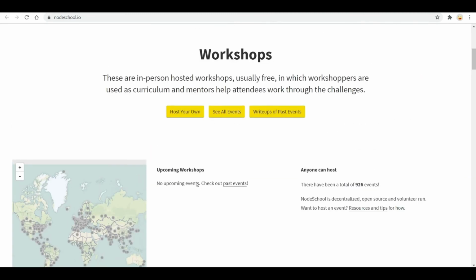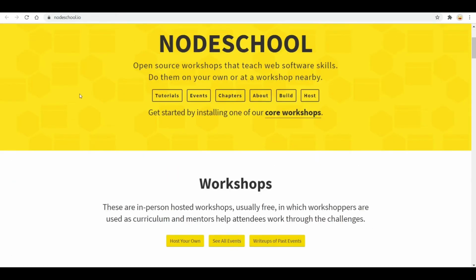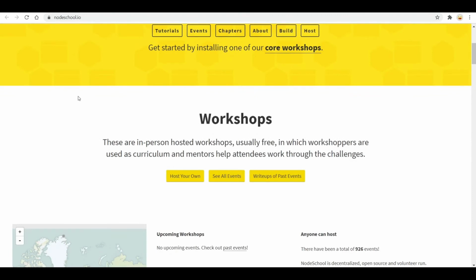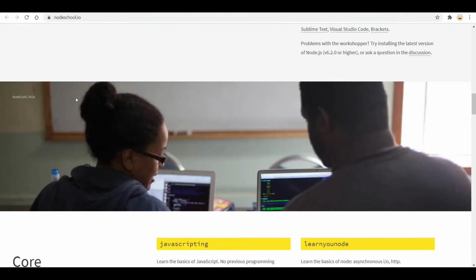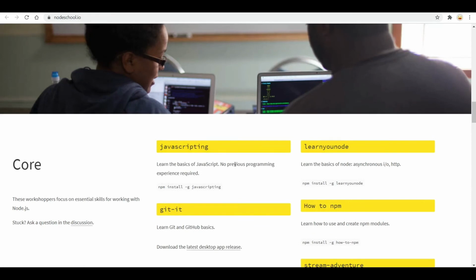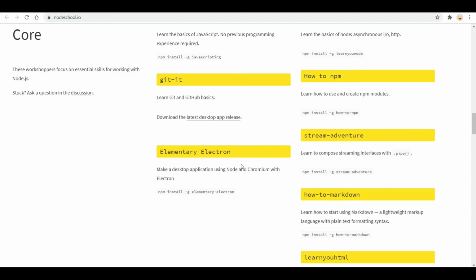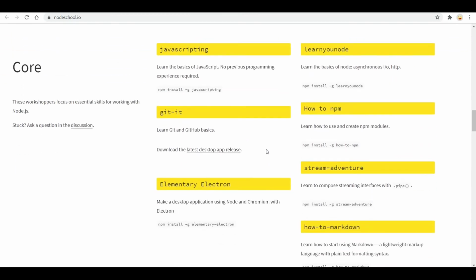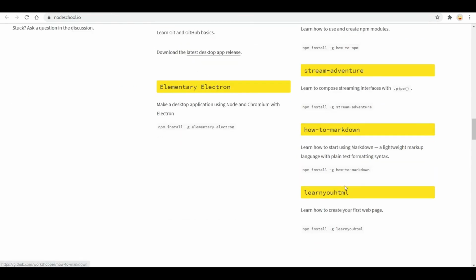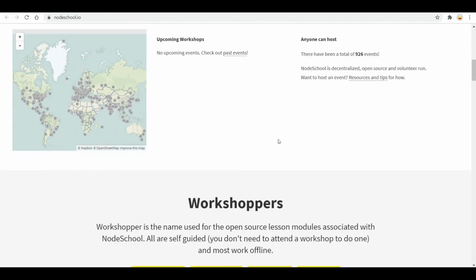So you can go to nodeschool.io and you can learn from its workshops. They are completely free. Or you can install these packages, and these packages are available in npm. And these modules, you could say, can help you in learning JavaScript, HTML or any other package that is being provided by it.